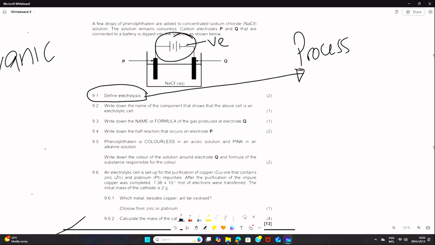So electrode Q is negative because it's connected to the negative terminal of the battery. And then electrode P is positive because it's connected to the positive terminal of the battery. Now remember, this is your electrolytic cell, and since you know the polarities, in an electrolytic cell the positive terminal is connected to the anode, and the negative terminal is connected to the cathode. You know the principle of reactions taking place there. So we know that OX,